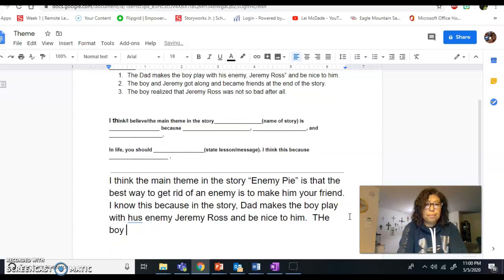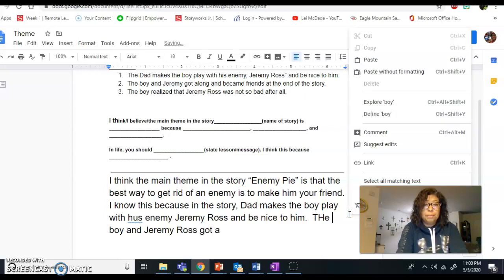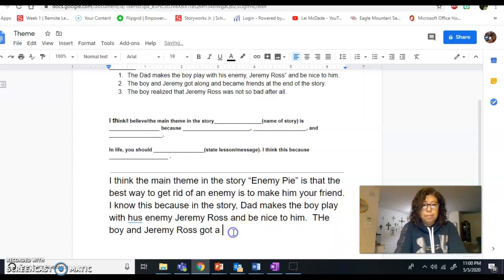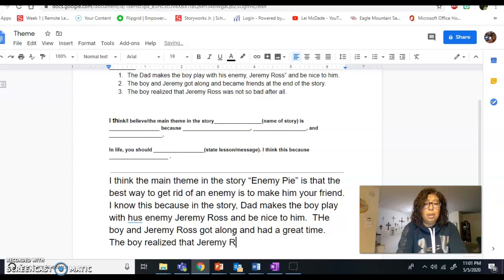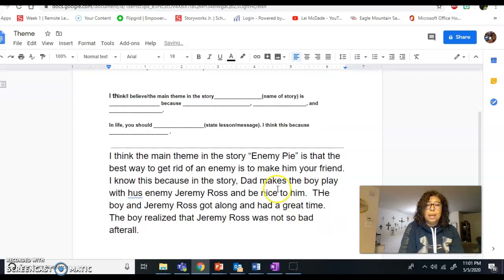The boy and Jeremy Ross got along and had a great time. The boy realized that Jeremy Ross was not so bad after all. Okay, now